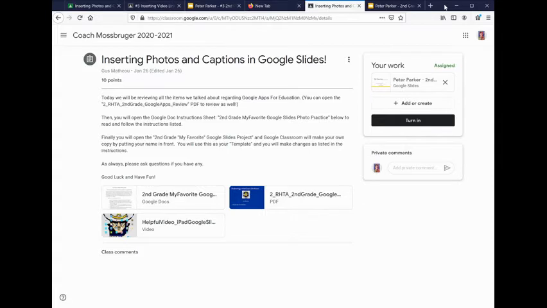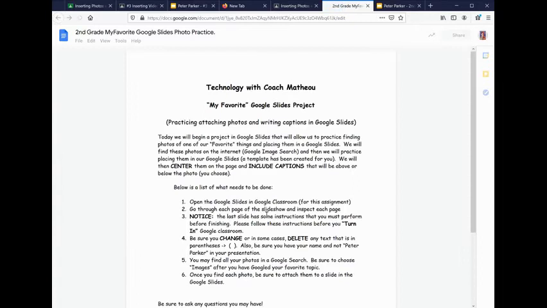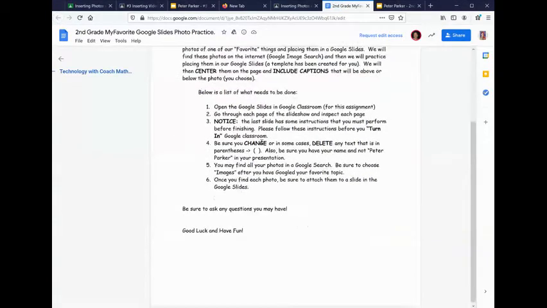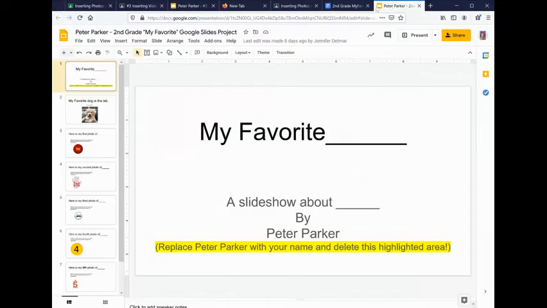So the first assignment, if you remember, was called inserting photos and captions in Google Slides. And if you remember, I had a video on how to do all this with an iPad, and I had given you instructions on what needed to be done. So I'm not going to go over all that again, but I just wanted to point out to you here is the list of things that needed to be done. Okay. And this time what I'm going to do is perform this as if it were a